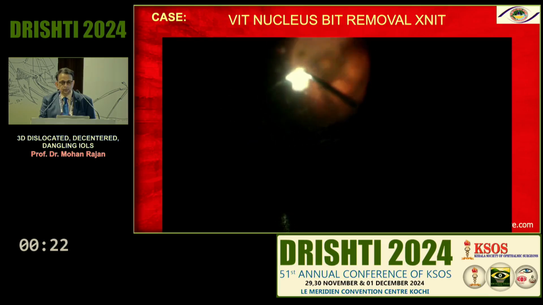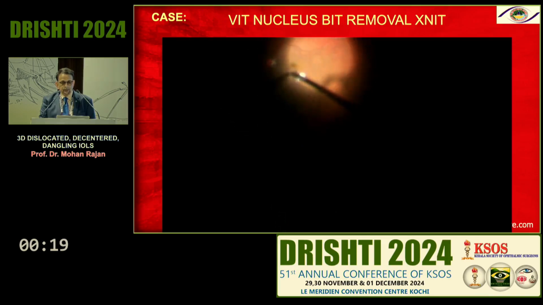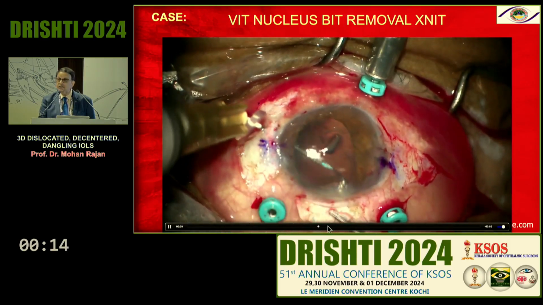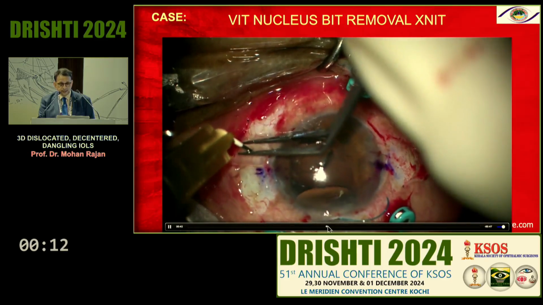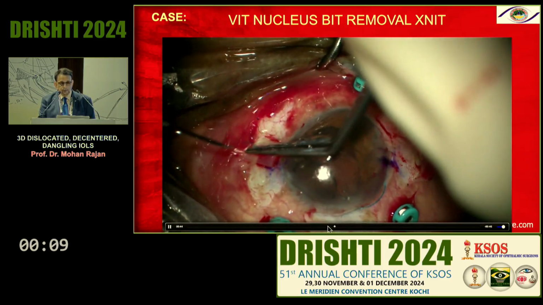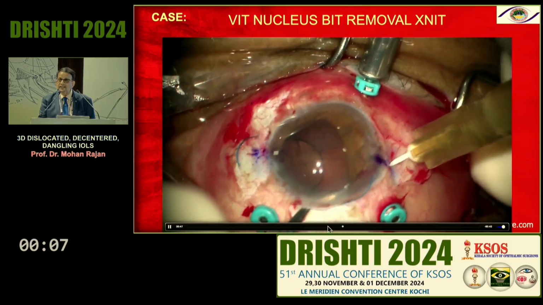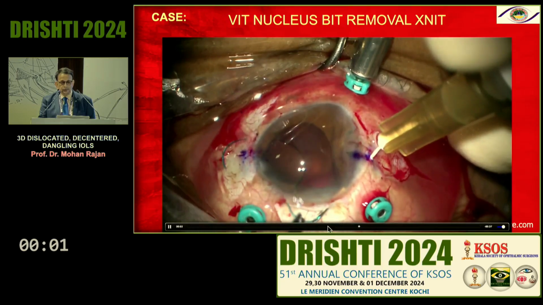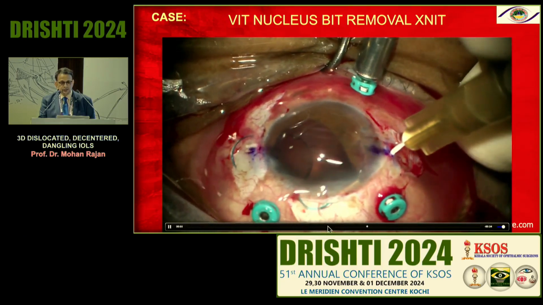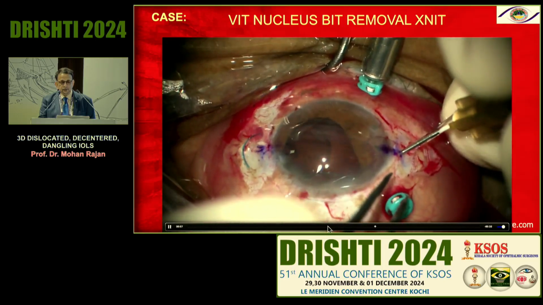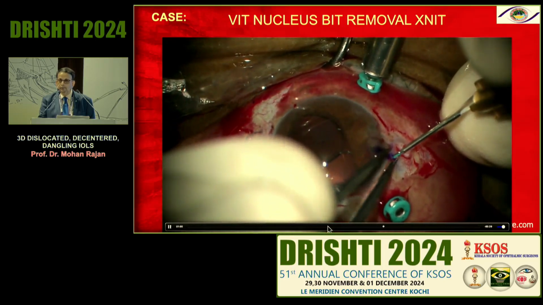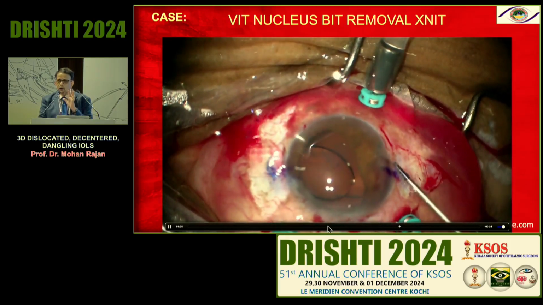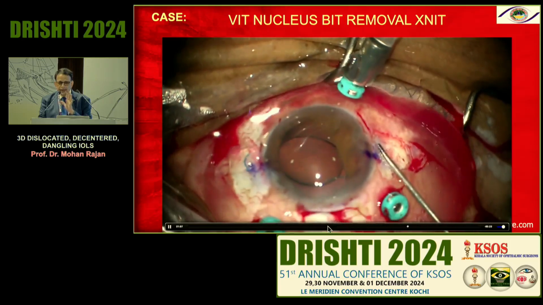vitrectomy, nucleus bit removal, and then this patient we had to do a Yamane technique. You can see this is a Yamane technique which has been popularized by the Aravind Eye Care System, and you can see here how beautifully it's been done without any problem. The only thing in the Yamane technique is you need to put a rigid multi-piece lens, and because you need to go through a 26 gauge needle, you need to have a scleral incision and go through that. You can see here, pass a bent 26 gauge needle and loop that haptic into this without any problem at all. The main protocol is 0-180 degrees